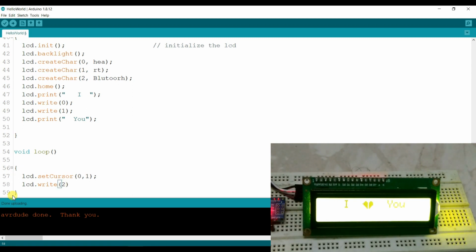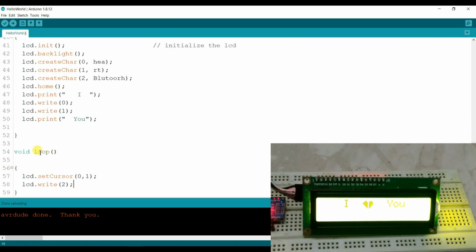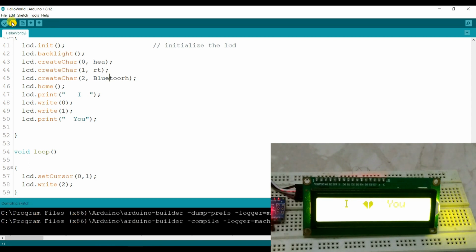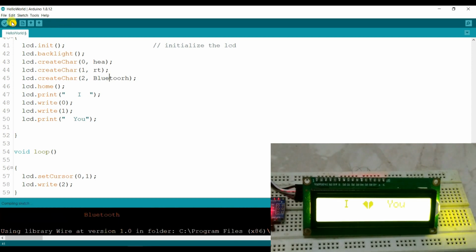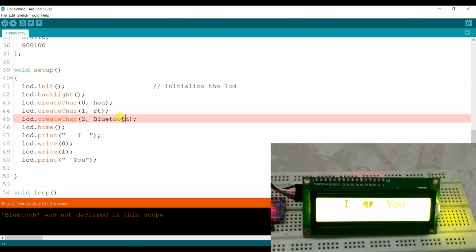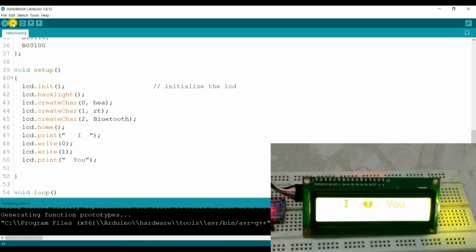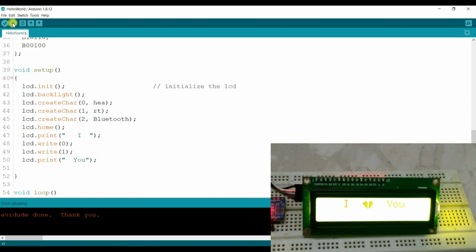Okay, I will upload. You can see here the Bluetooth symbol is printed on the LCD.